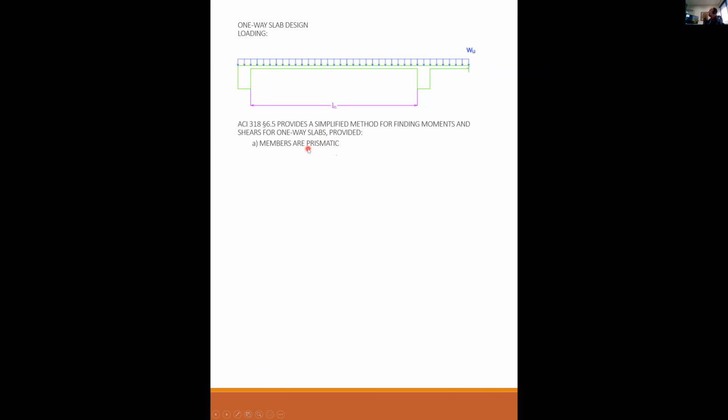Okay, so what am I talking about? Well, let's back up a little bit. If the loading on this one-way slab system is a uniform load, so it's say 120 pounds per square foot dead load and 40 pounds per square foot live load, something like that. That's a uniform load. It's given to us in pounds or kips per square foot.